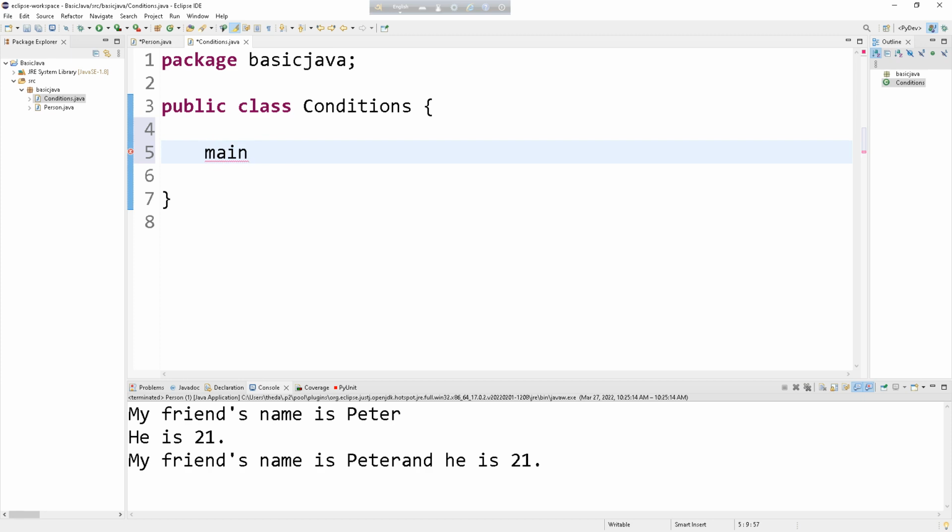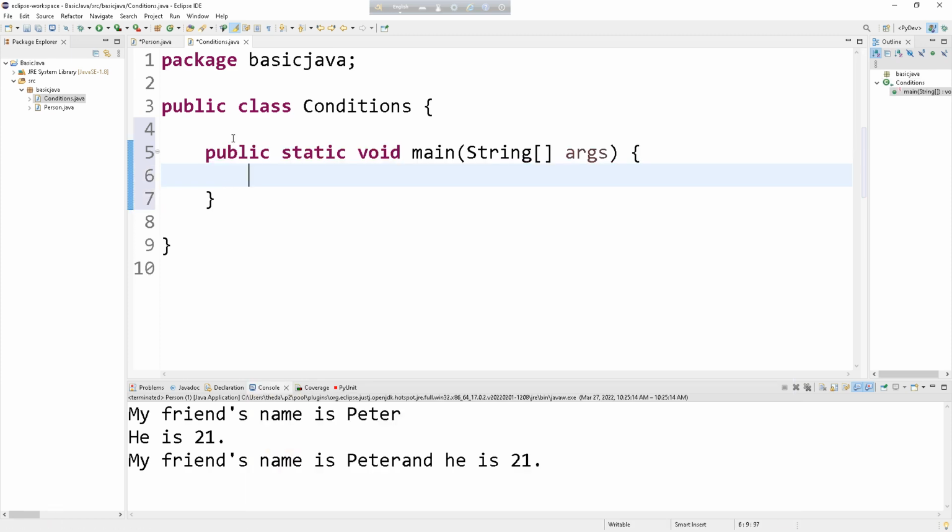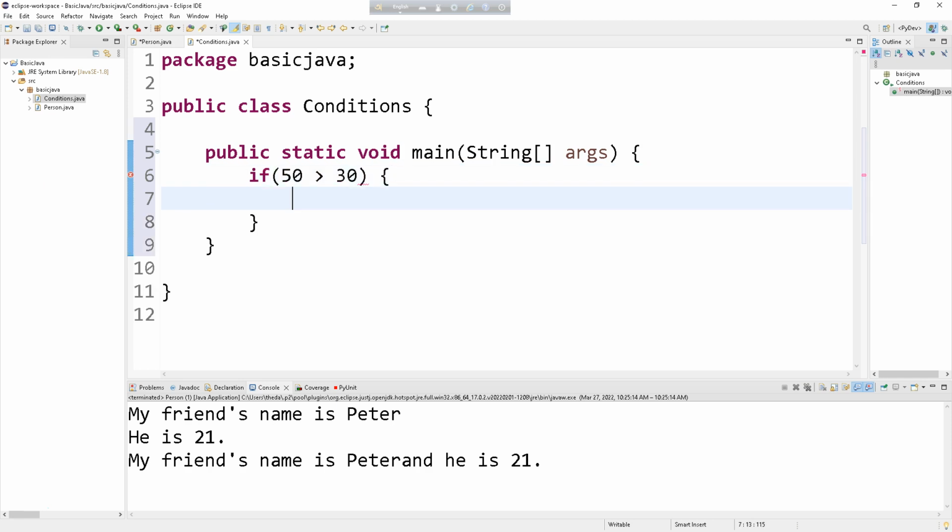I just type main, then hit Ctrl spacebar, then press enter, and I just type if 50 is greater than 30. Of course it is greater. If 50 is greater than 30, obviously,